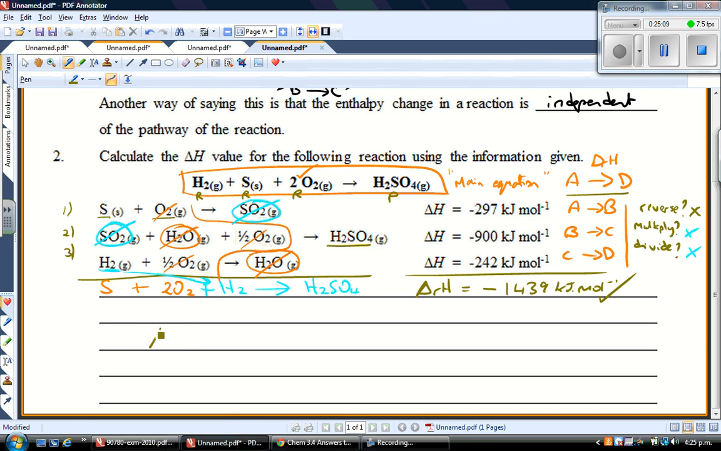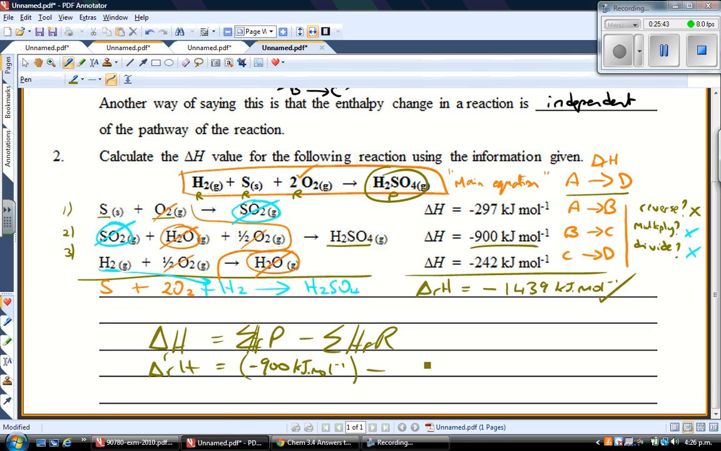Now we're using the enthalpy for the reaction calculated using the sum of the enthalpy of formation for the products, minus the sum of the enthalpy for the formation of the reactants. So the product in this main equation was sulfuric acid. The enthalpy for the formation of sulfuric acid can be taken from here. So what we're doing is we're taking minus 900 kilojoules per mole,